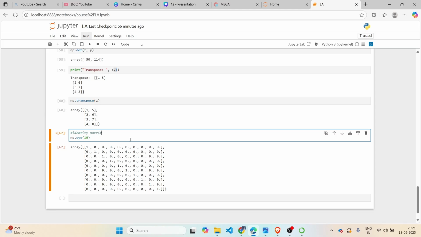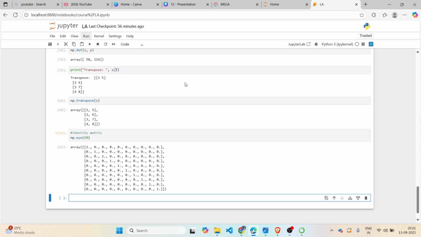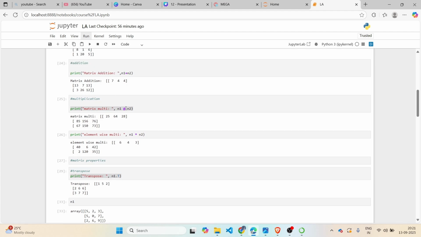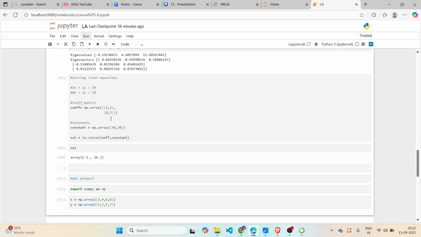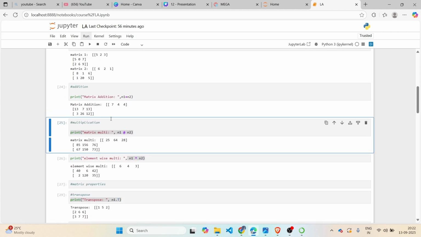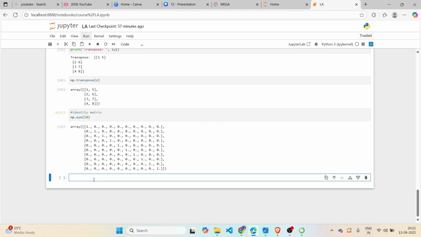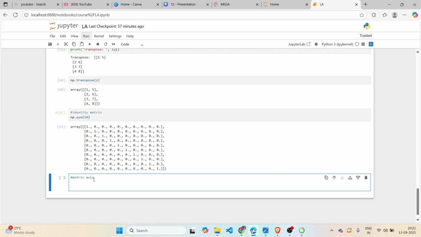And now I will show you matrix multiplication. Simple. I have already shown you matrix multiplication here, this one, but I will show you one more method. Simply copy this, or simply write matrix multiplication. Okay, then first